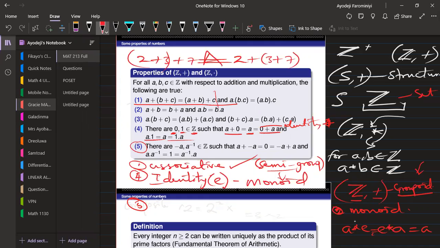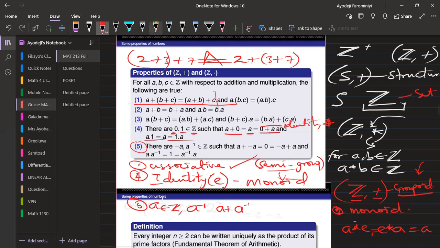So what is the inverse element of an integer? When we're talking about inverse, we also need to talk about the operation. So under addition for the set of integers, for any a in Z, there exists an element represented as a inverse, that is a raised to power minus 1, such that a plus a inverse